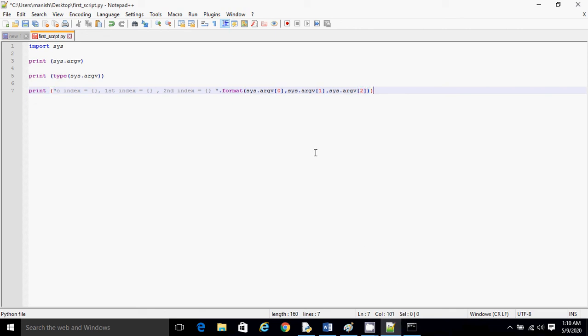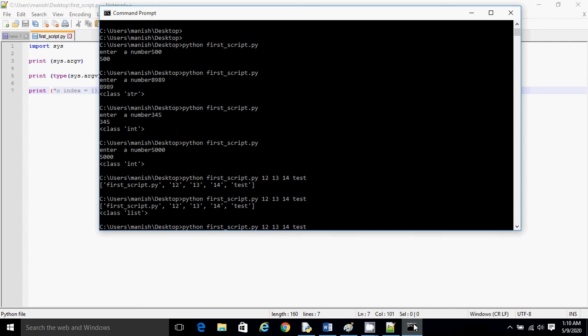So now let's see. Now we have one script at the 0th location, 12 at the first location, and test at the second location, right? Let's press enter.